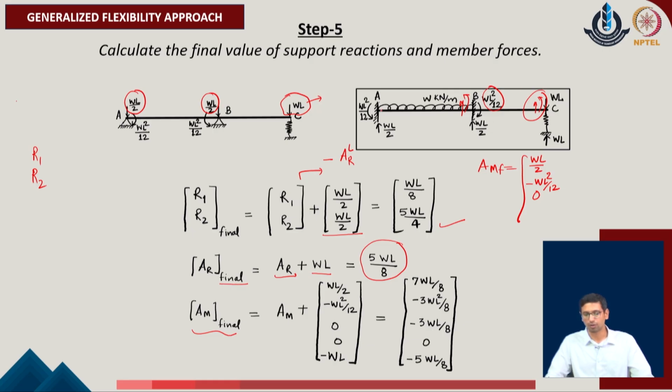So, any of these loads which are active on the span of the system will only contribute to the AMF component of the given system, which is the fixed ended reactions of the given system due to the member loads. Now, similarly AM4 will also be 0, because in this given member span BC there is no external member load active. And finally, when it comes to the reaction of the given spring component, with respect to the AM5, we realize that this value will be minus of WL, because the load is active downward. So, we will consider that this contribution is minus of WL in the given problem. So, we add this component in the earlier obtained value of the A of M, and that will give us the total final value of the member forces in the given system.